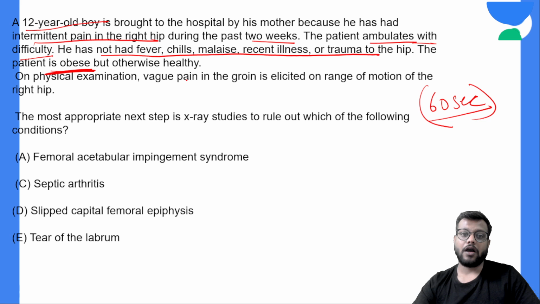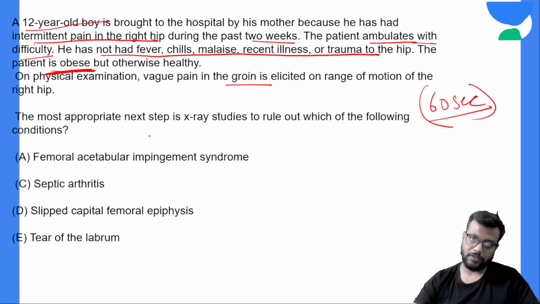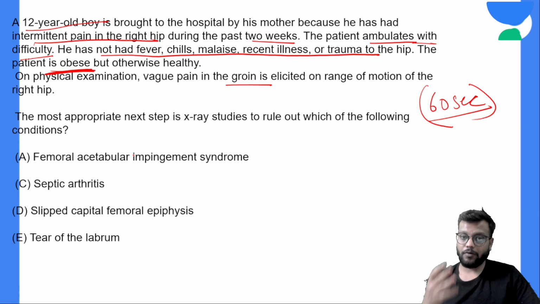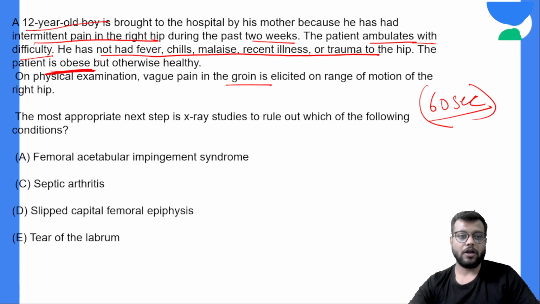Vague pain in the groin is elicited on the range of motion of the right hip. The most appropriate next step is X-ray studies to rule out which of the following conditions. Means, what is the most appropriate diagnosis. Okay, so 12-year-old boy,